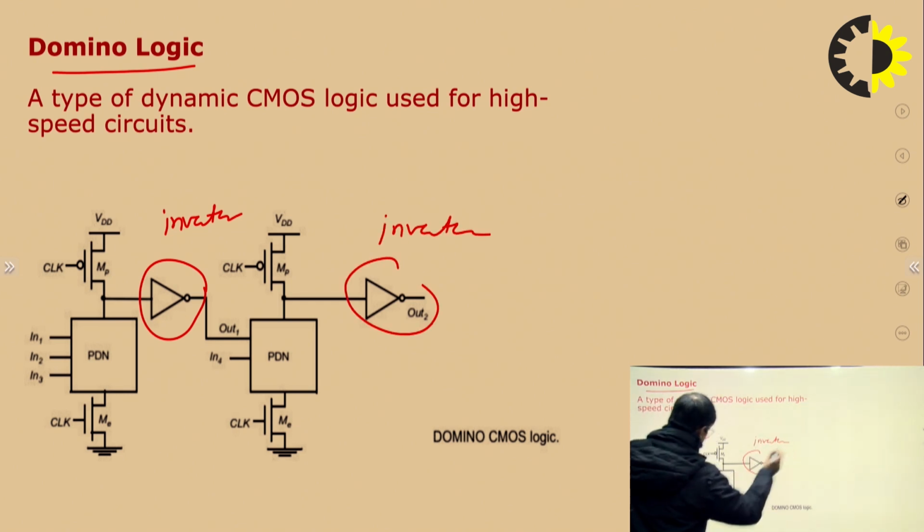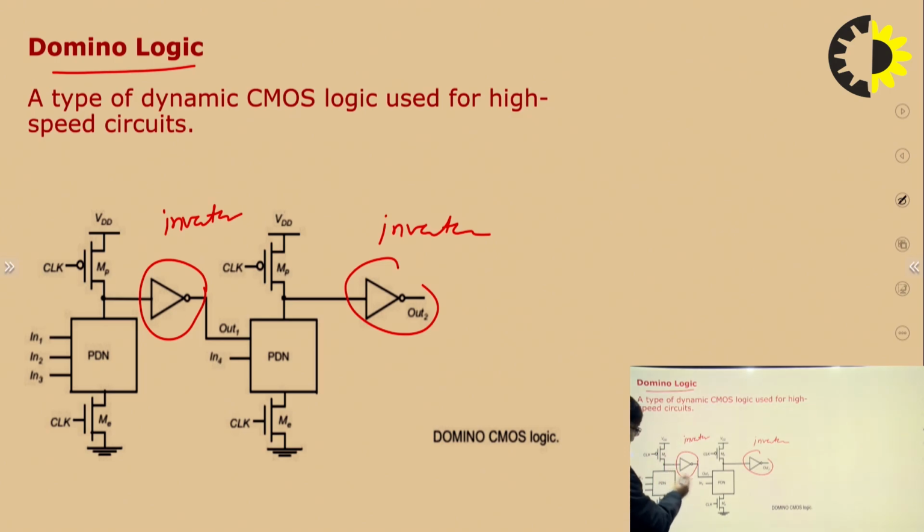So instead of directly connecting the Vout1 to the second stage input, we are connecting an inverter in between, and the output of the inverter is going to the input of the second stage, and this will avoid the problem of the erroneous state at the second stage output,